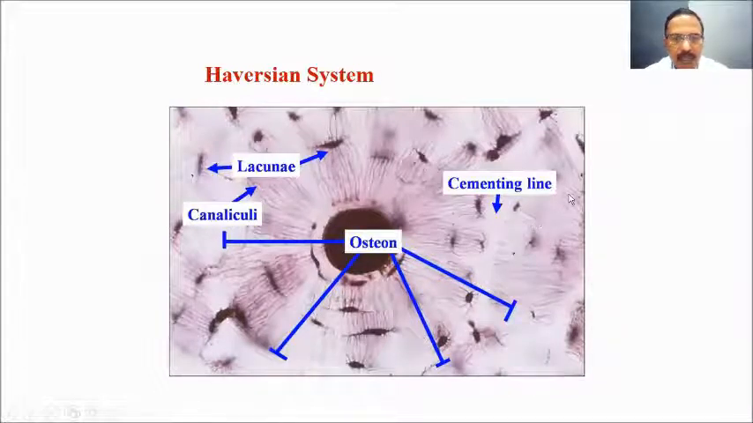You can see this is one osteon, that is the other osteon. Separating them, you can see a small, thin, amorphous line, which is a little bit eosinophilic in stained sections. That is called a cementing line. Collagen fibers are deficient in this area. Only fully mineralized matrix will be present between the osteons, and that is called the cementing line or